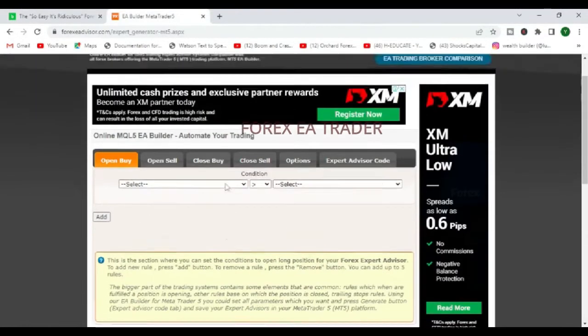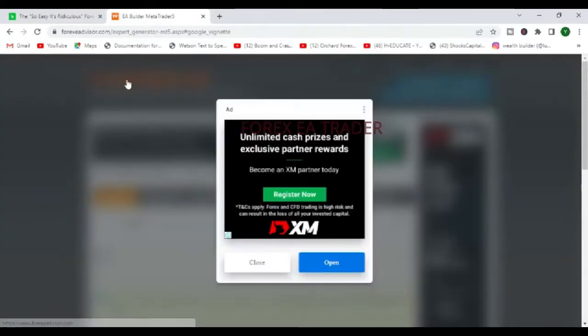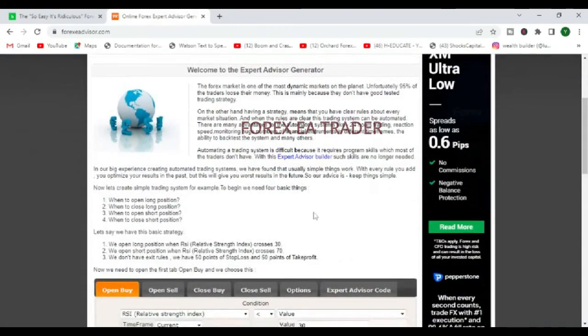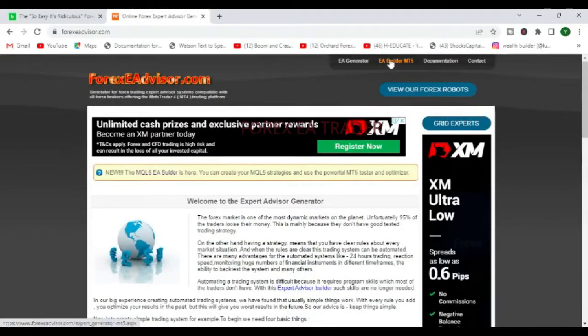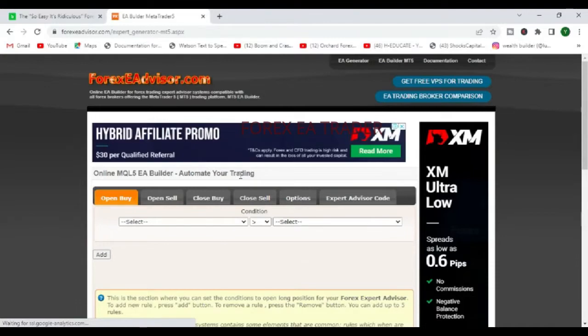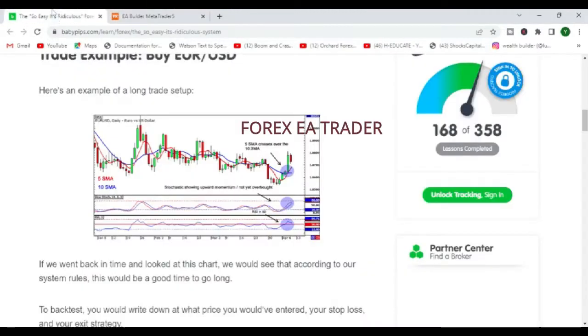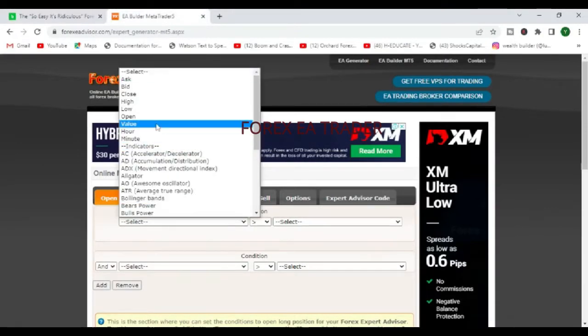So the first thing that you obviously want to do is to come to Forex EA Advisor. If you land on the home page, then you just go to where it says EA Builder MT5 and click on there. Then it's going to take us to this page. So the first thing is we're going to set the buy conditions. First we are going to set the moving average. Let's select moving average,